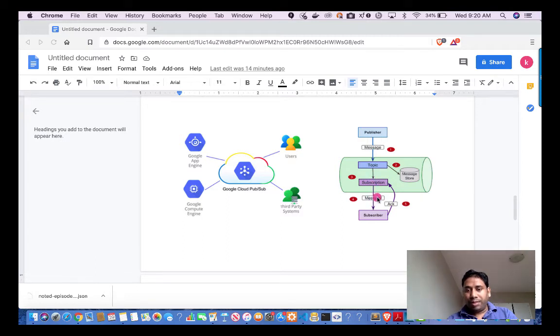And once the subscriber receives the message, it has to acknowledge the receipt of the message. So basically, when the publisher publishes a message, it goes to the topic, then the topic sends that message to the subscription, and from that subscription it comes to the subscriber.